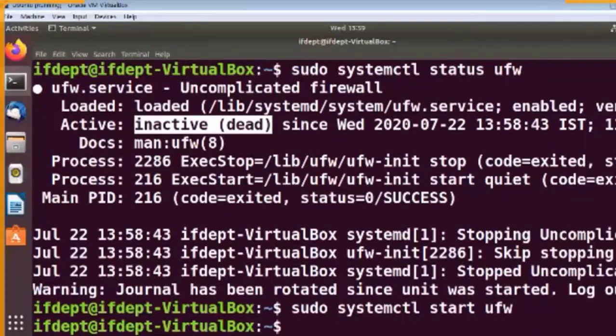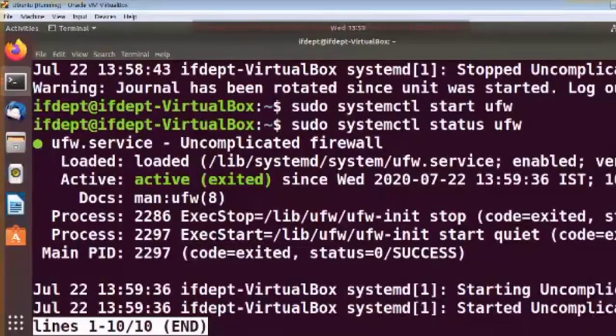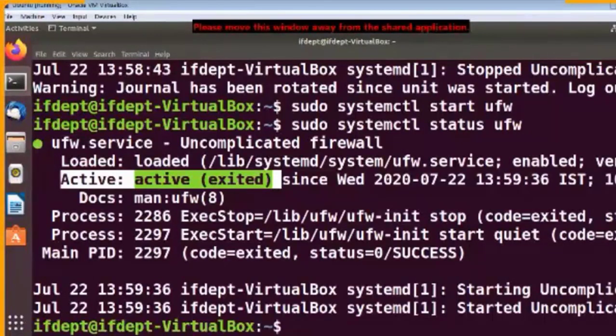Now again I have to see the status of this. So again I will type the same command status UFW and see here now the particular service has been started. So this is the first way to stop a service in Ubuntu, right?